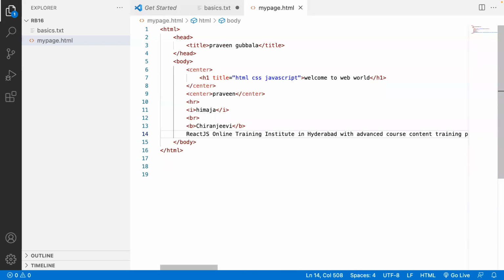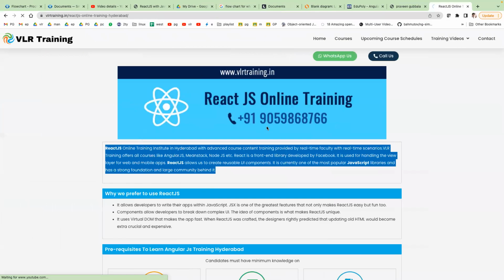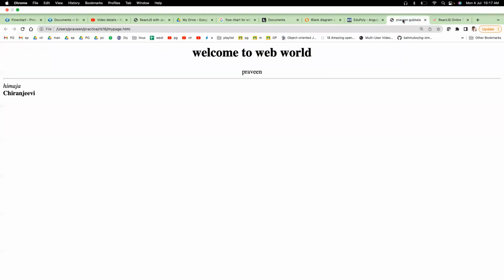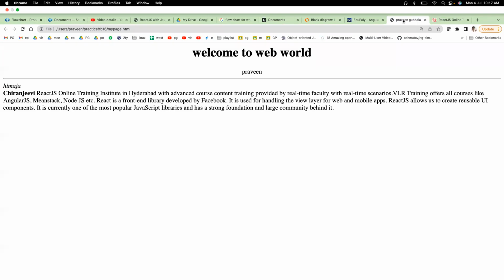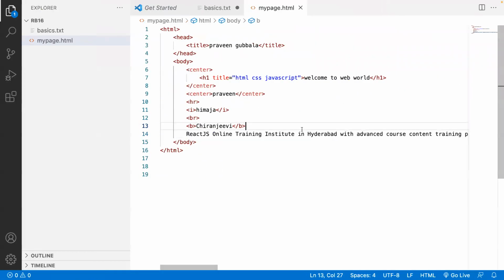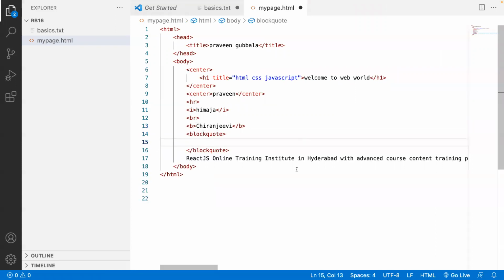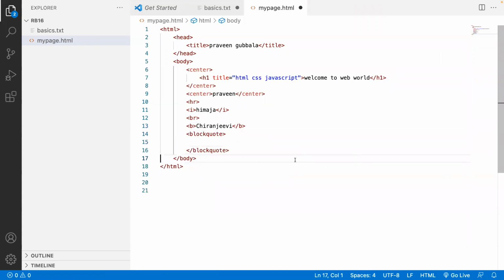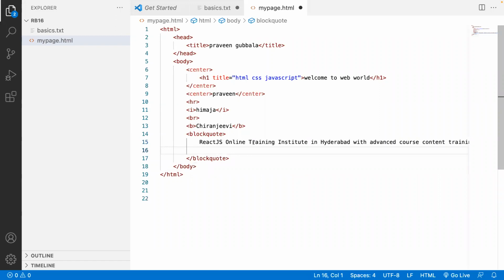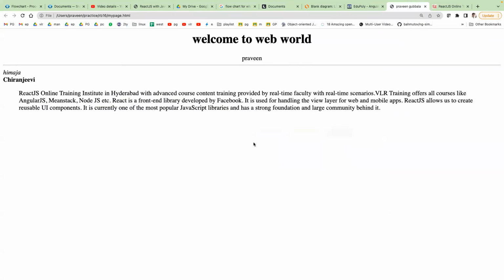There is a lot of content here. It comes like this. No, I want it to look like a block. Then we have to make use of blockquote and put this entire content in this. It comes like a separate block.